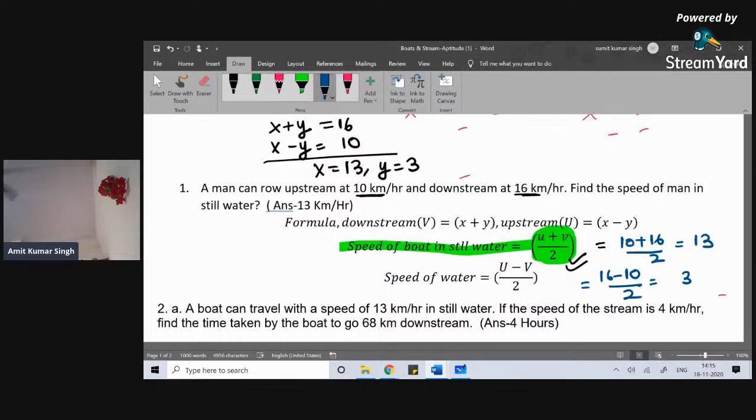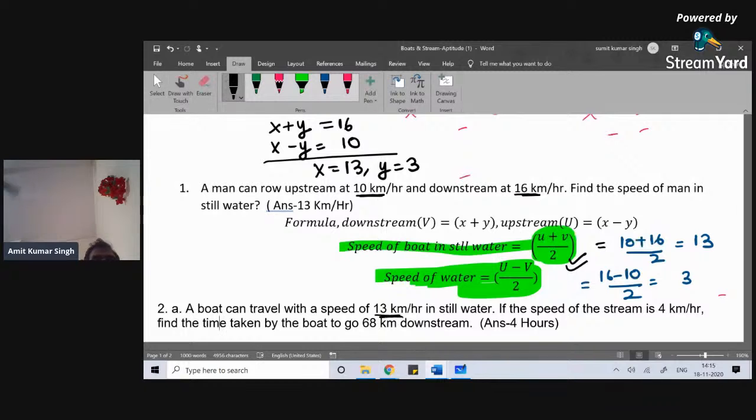So this is a direct formula. No need to remember this formula and all, because it's a very easy concept to do. You can simply write two linear equations and solve them to get the answer. Okay, so when we talk about question number second, here in question number second, it is given that the